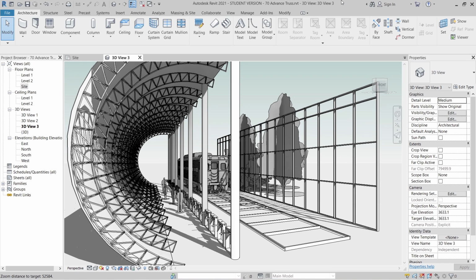Today I'm going to show you how to create advanced truss design in Revit. As you can see on my screen, here is a photo perspective before we jump into our project. I've got some truss design there, a curve here, and some columns also. I will also add some trees, curtain wall panels, and a tree there to make our project tutorial a bit more interesting. And of course, we've got our rail also. That's just my perspective, but don't worry about that. We will start from scratch together, creating our truss by using an adaptive component.